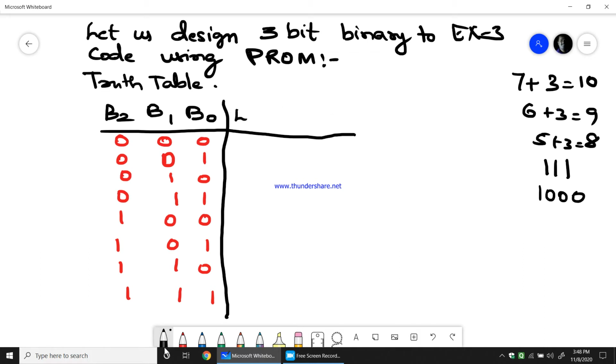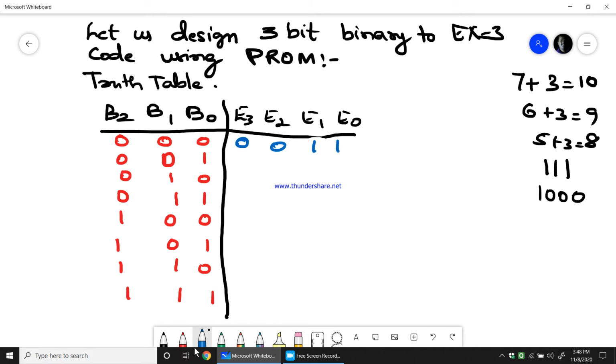Therefore, I'll say it is E3, E2, E1, E0. So for binary 0, the XS3 is 3.